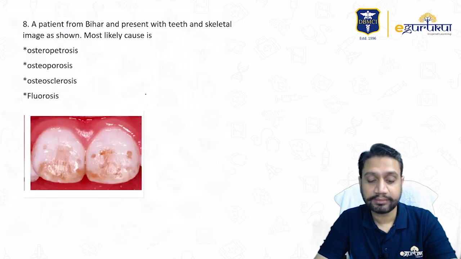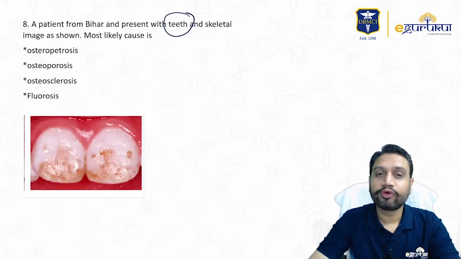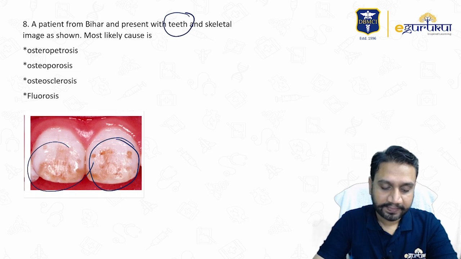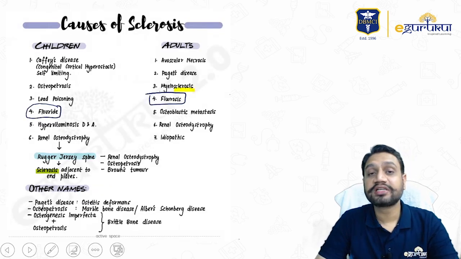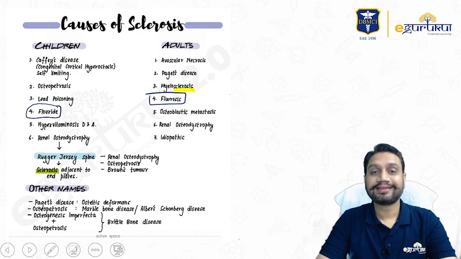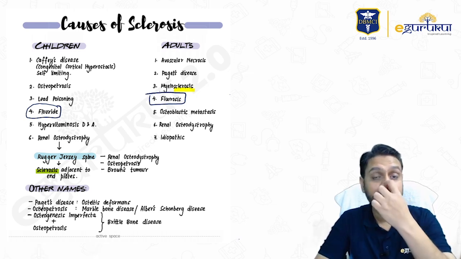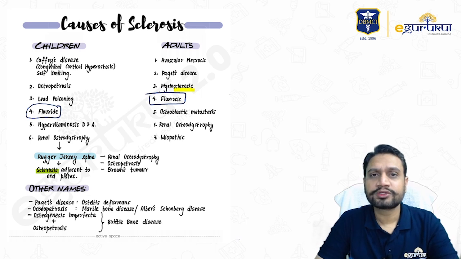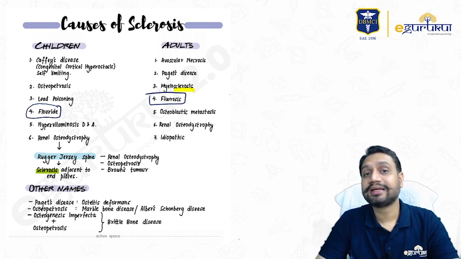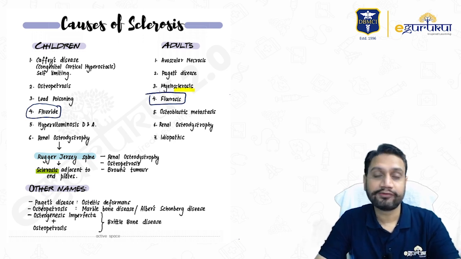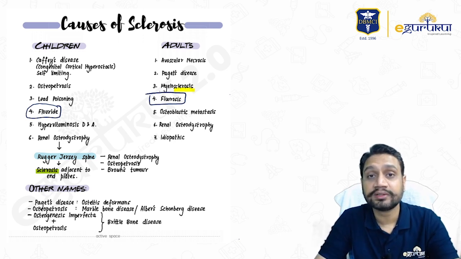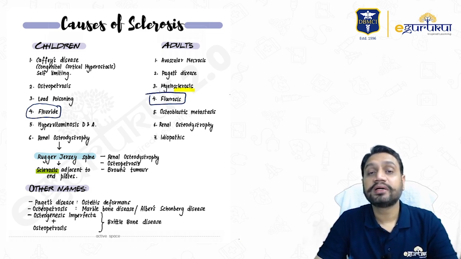When they have mentioned the teeth, you know that fluoride can very well decay the teeth like this. So these are the conditions which can produce whiteness on the x-rays. That's what you call sclerosis on x-rays. Whenever we have sclerosis on x-ray, we know that something is wrong with the bones. To have a normal architecture, the osteoblastic and osteoclastic activity should go in coordination, as we usually discuss in normal cell regulation.